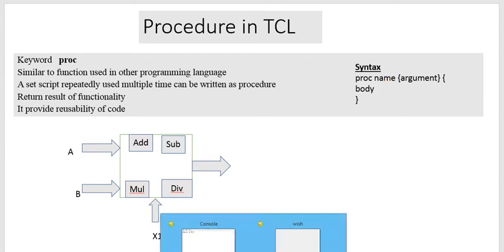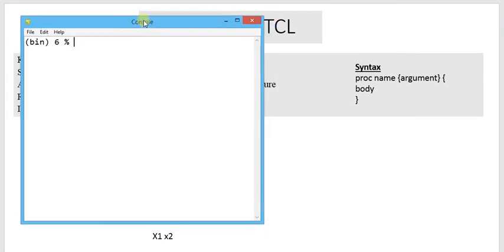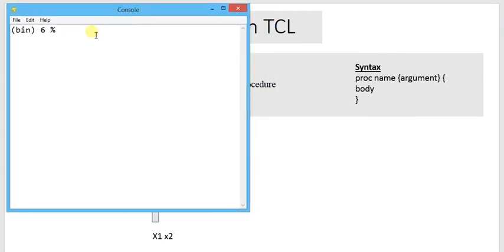Here I'm going to showcase an example of writing a procedure. First we write proc add, open the curly braces according to the syntax. Here I'm going to write two arguments, a and b, and open the curly braces again.